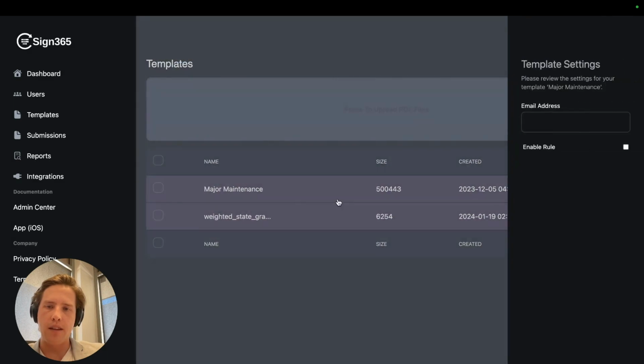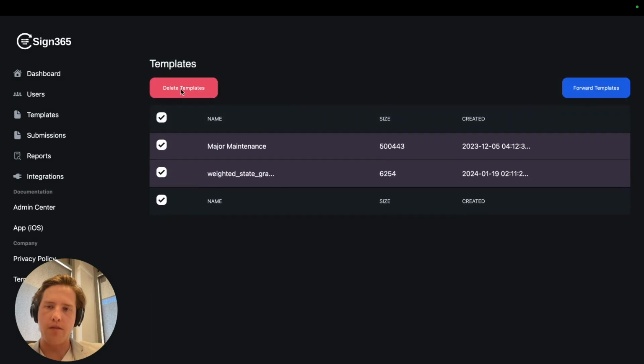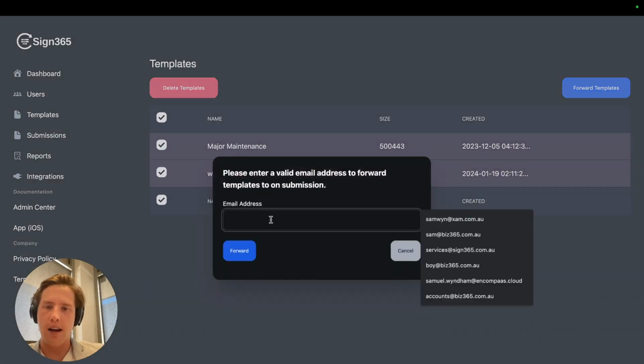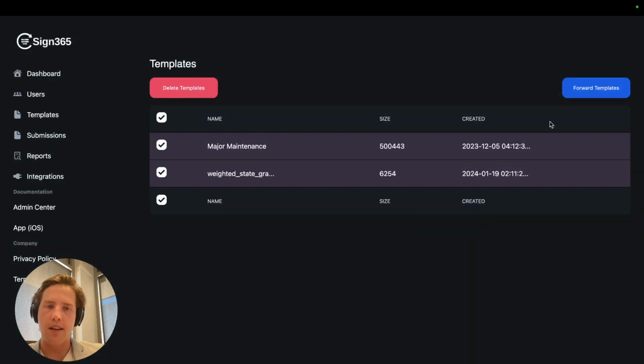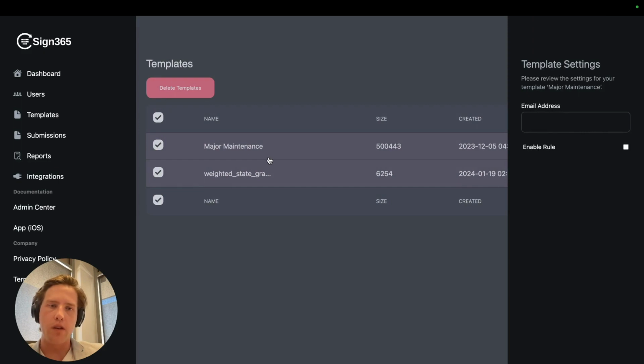Now, each template has a set of rules which you can manage. They've also got some select features so that you can delete and set up bulk forwarding. What forwarding is, if you've got a template that you want every time it's submitted to be forwarded to you, you can set up forwarding and provide an email address, and it will automatically forward that template to you, the filled out template. The other cool thing is that when you click a template, you can choose to enable or